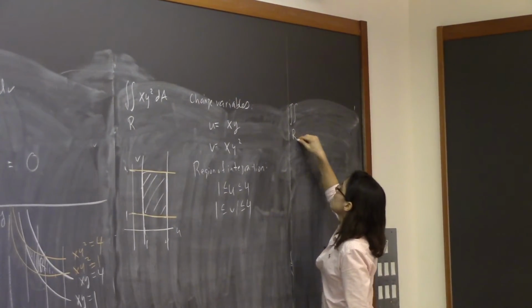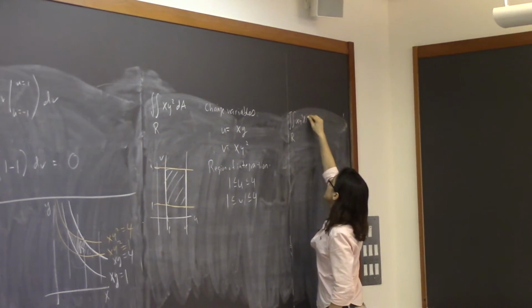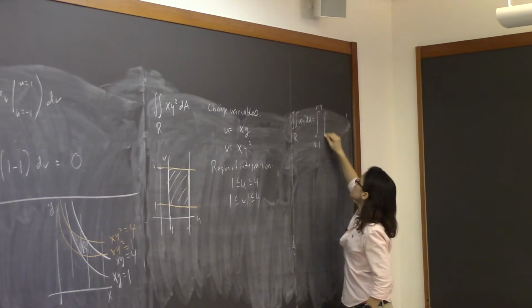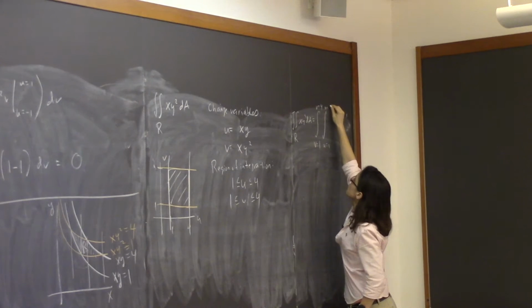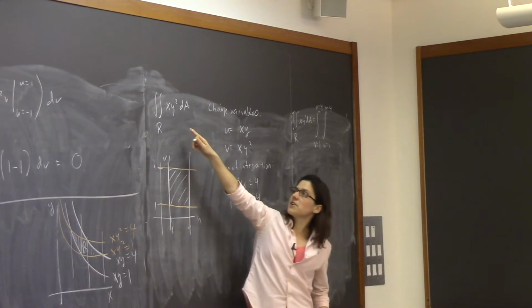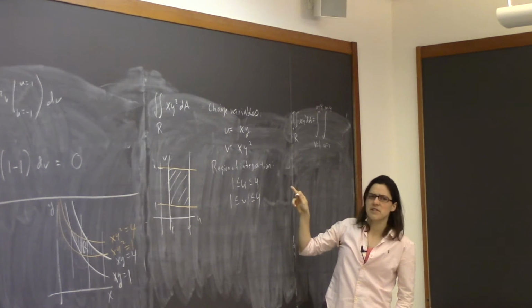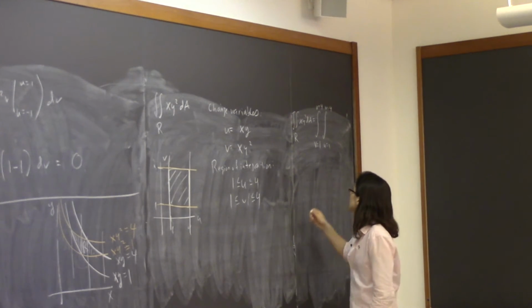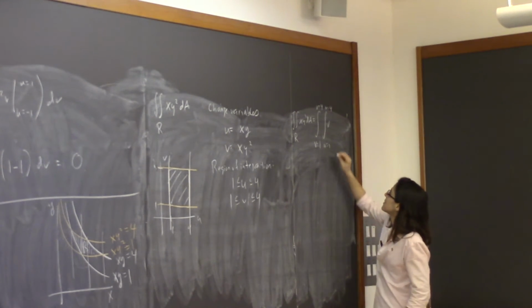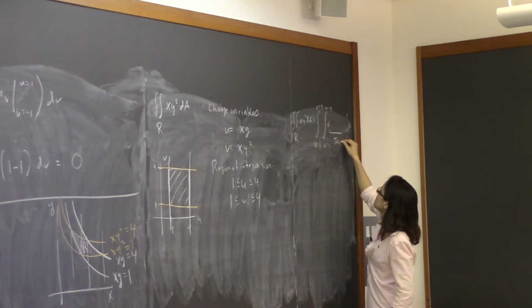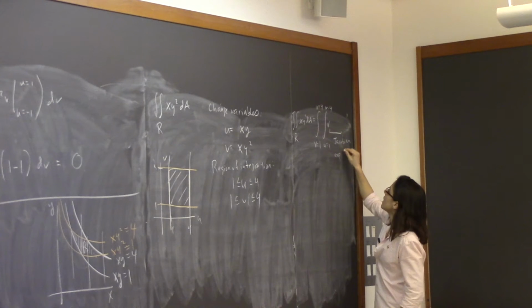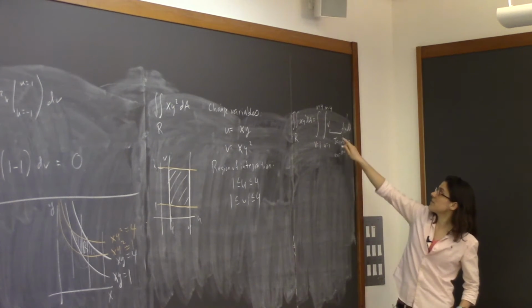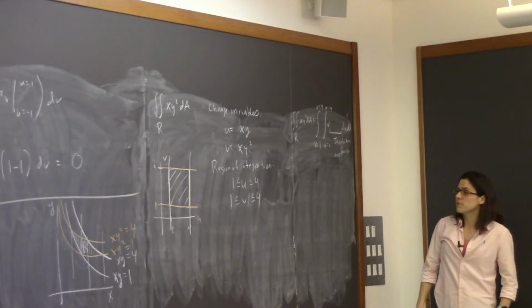So the double integral over R of xy squared dA is the integral from v equals 1 to v equals 4 of the integral from u equals 1 to u equals 4 of this function. Actually, can we write that in terms of u and v? Yeah, you can do it. Times the Jacobian expansion factor times du dv. So all we have to do here is find the Jacobian expansion factor. Then our life will be awesome.